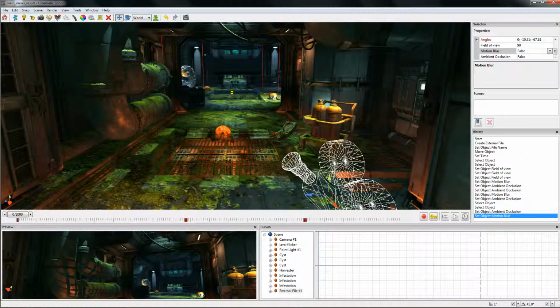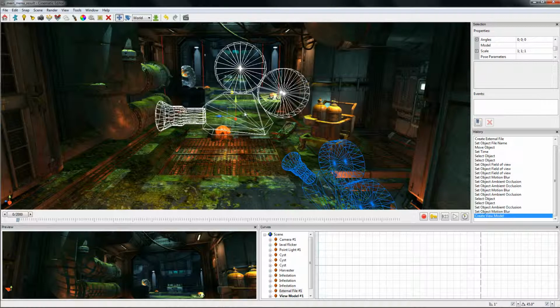And the other one is create view model, which will create a view model, which is the weapons you see when you're playing the game, so the pistol that you have in front of you or whatever. Now I believe that camera is bugged, but for the sake of this tutorial it's easy to do and we can get around those bugs easily. So if I just hit create view model,